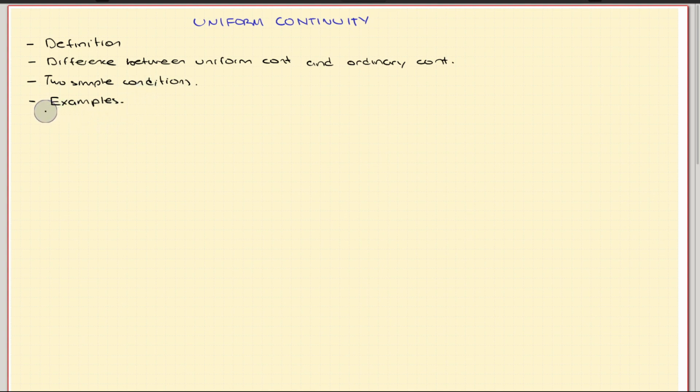And then I will prove that one function is uniformly continuous, and I will show that one function is not uniformly continuous. Okay, let's get started. The definition is